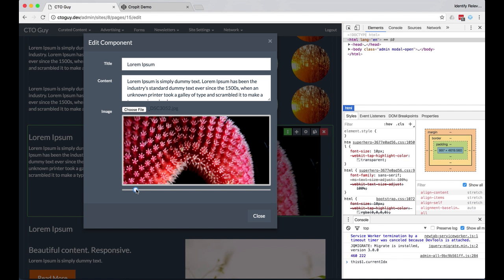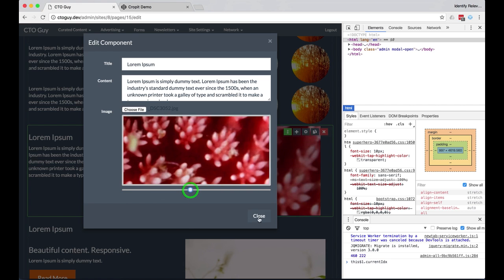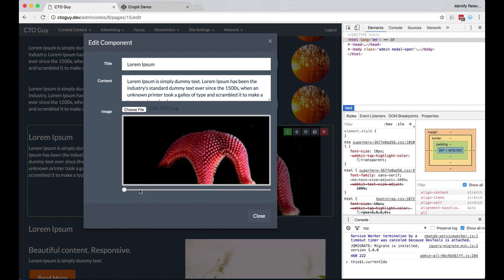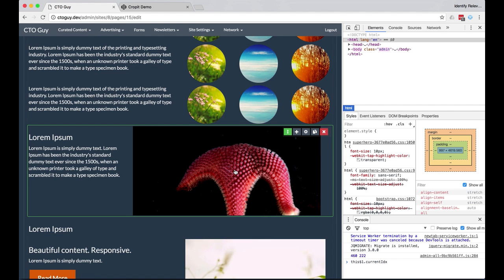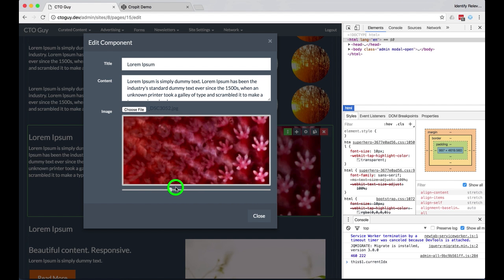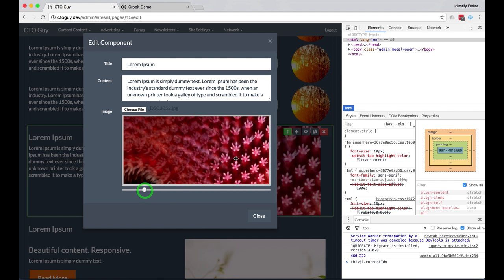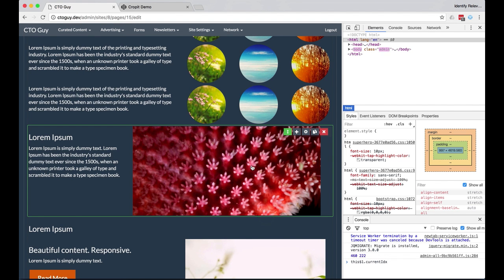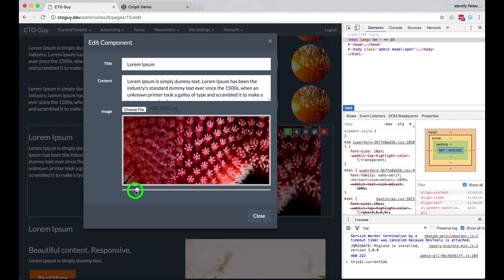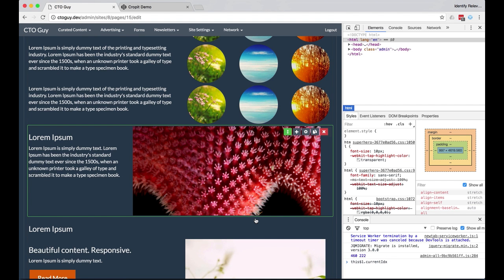One of the things I realized in the integration phase is I want to save the original image as well as the cropped version of the image, so that if the user wants to go back later and change it and zoom it out again, he can get the original image back. Does that make sense? So you don't want to just zoom in and then throw away the original image. That's one way to do it, but that's not a great integration, because this is much more usable if I can say, I don't really like that after all, let me adjust it and go back. So these are integration issues that came to mind